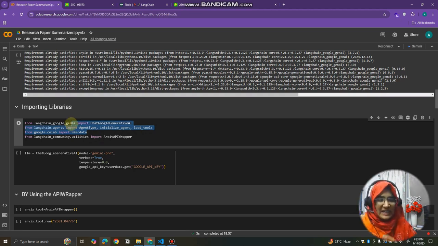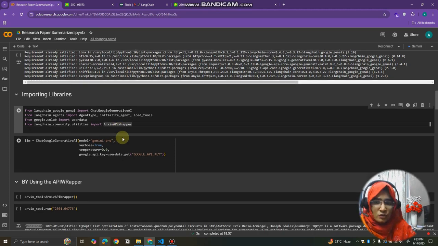But we can directly use the tool by the API wrapper, right? For example, if we want to summarize the research paper, we can do it by directly using the arXiv API wrapper. So let's see how we can do that. First, we need to define the LLM and put it into the variable llm. That's it. We need to do that first.